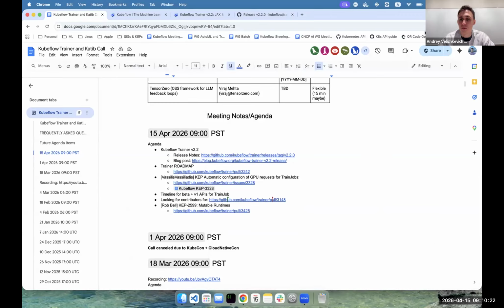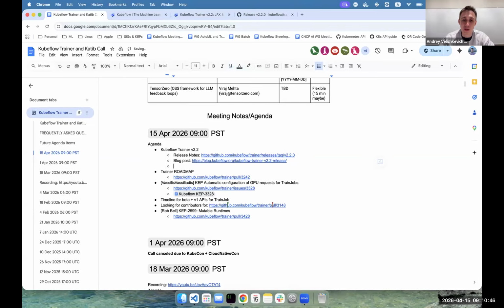From my side, we identified a few problems with the SDK. I think we recently published the patch release for 0.3. One of our customers found a problem: since we introduced the breaking change in Trainer 2.2, specifically to the runtime patches API and the removal of numProcPerNode, the previous version of the SDK was just not functional. So we had to recently publish the Kubeflow SDK patch fix 0.3.1, which has the bug fix for Trainer. So if there are any other issues you see and we need a hot fix for Trainer 2.2, let us know.